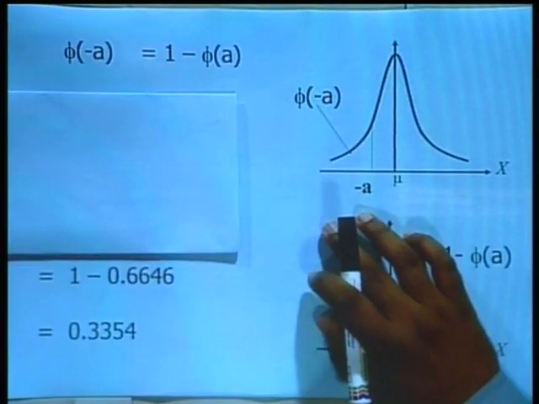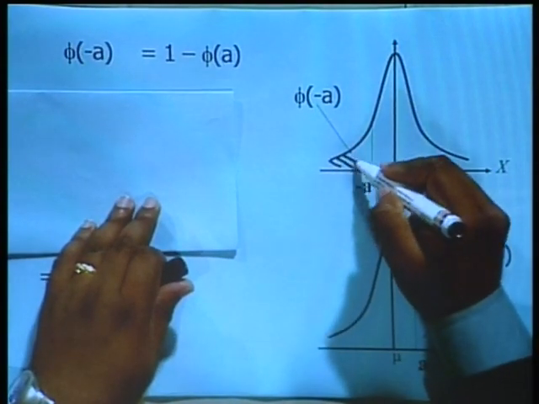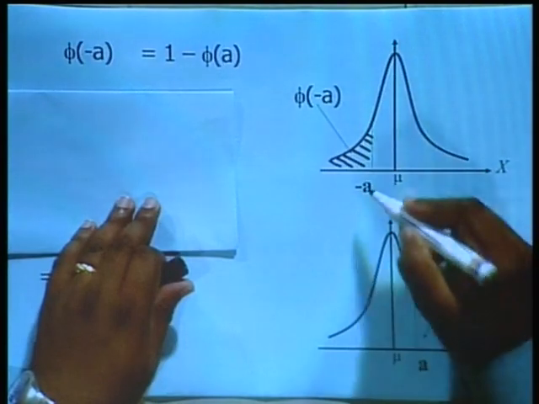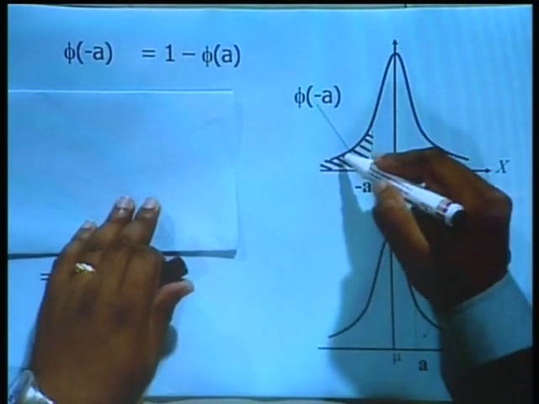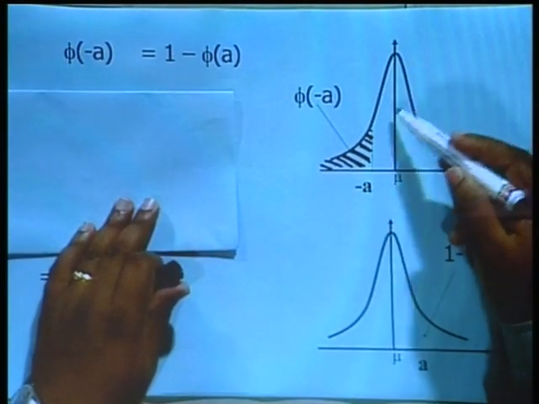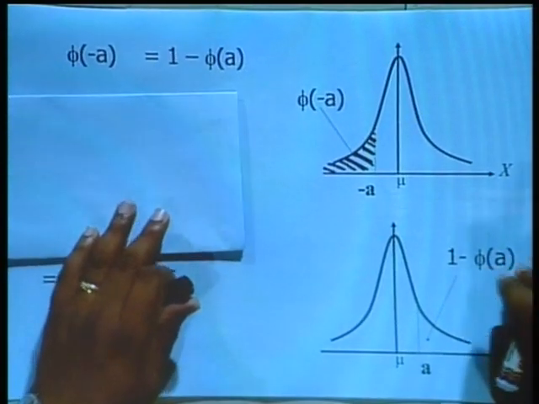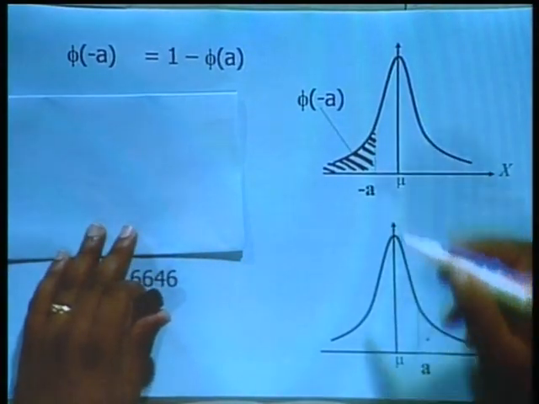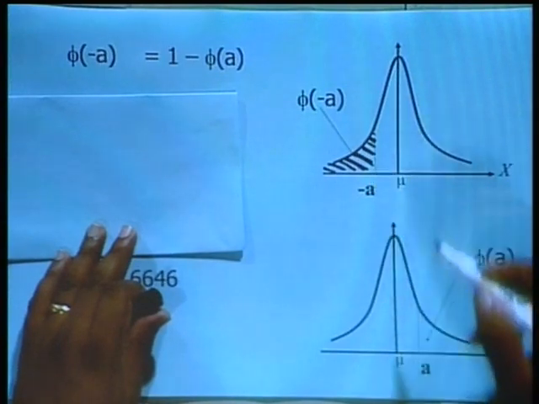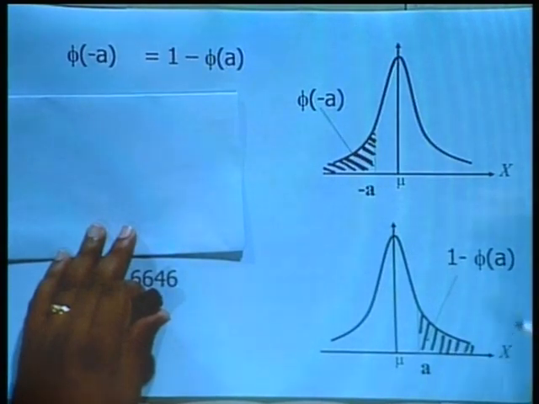If we have to find phi of minus a, then this represents the area to the left of minus a. And we said that the normal curve is symmetrical, which means that phi of minus a will be equal to phi of a by